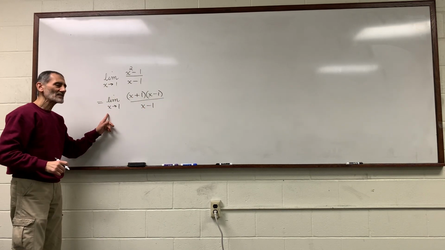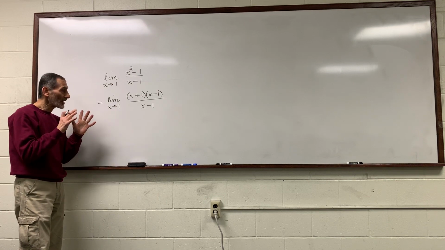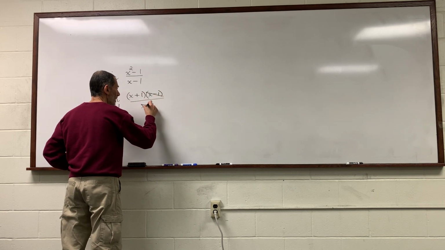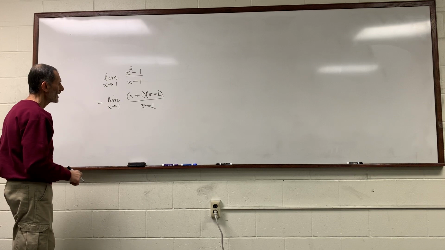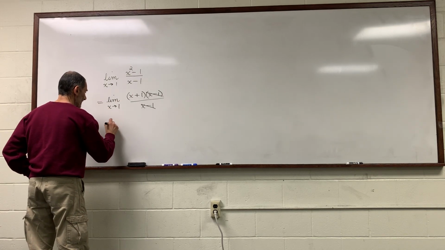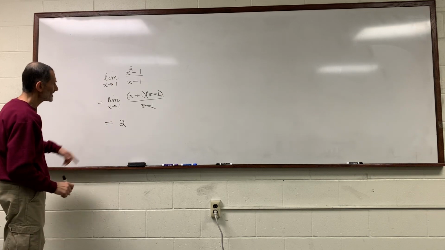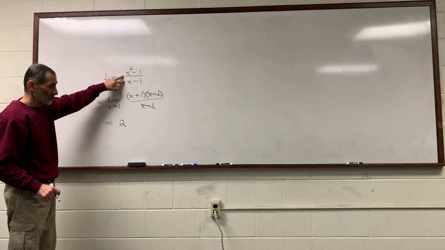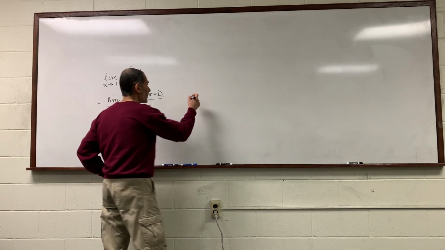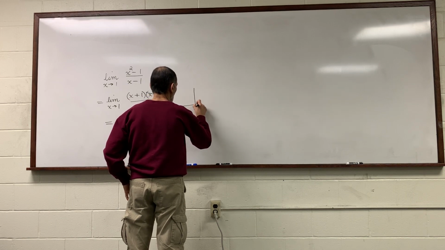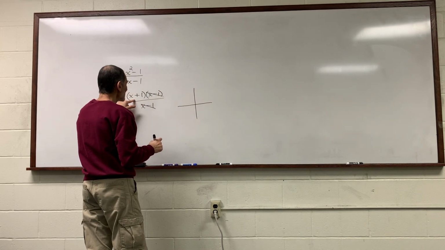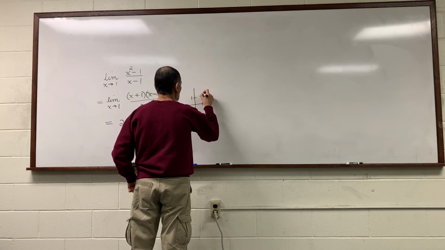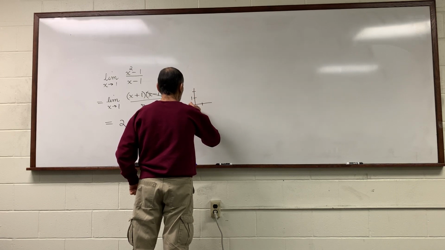That is, for all x approaching 1, not equal to, but approaching, no matter how close, this function is equivalent to x plus 1. And the limit could be found by simply plugging in 1 for x, and the limit was 2. That is, as x approaches 1, y approaches 2. And we even showed the graph of that function to be exactly identical to the line y equals x plus 1, with the exception that at the point